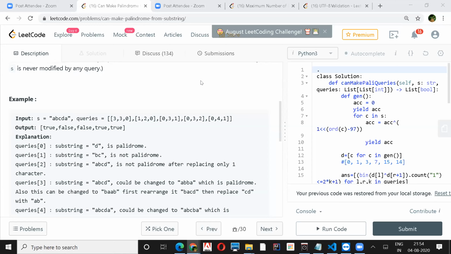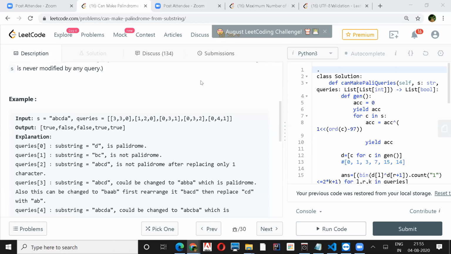One thing, we are talking about the even length and odd length, right? So if we take the count of each character, we can allow only one odd count, and all the rest have to be even, right? So we can have at most one odd or zero odd. That would give a palindrome.